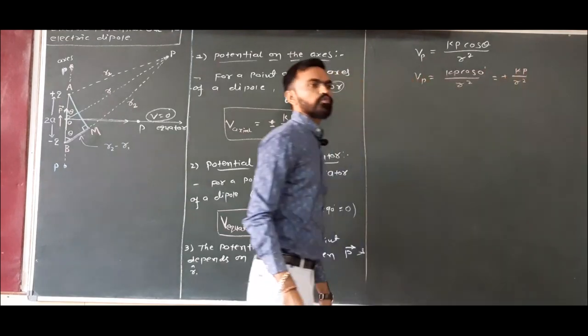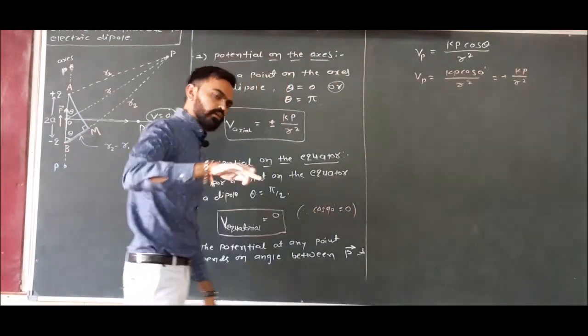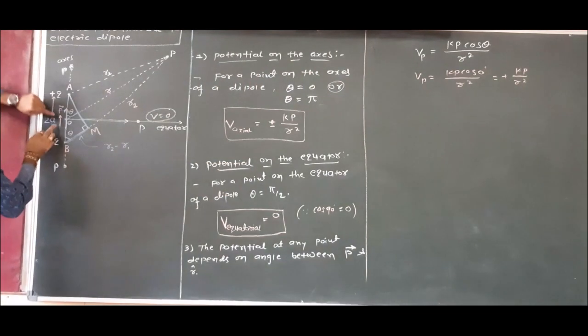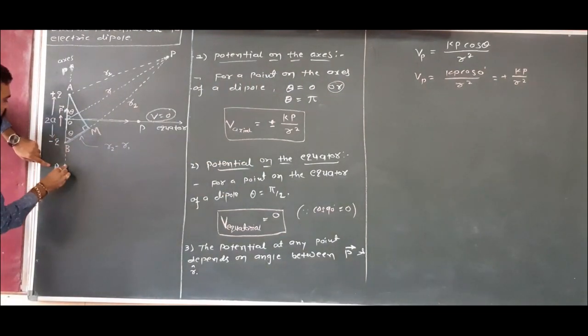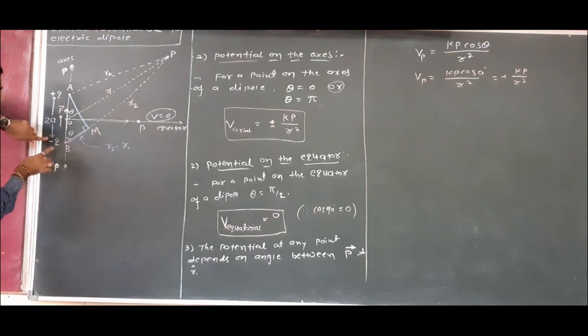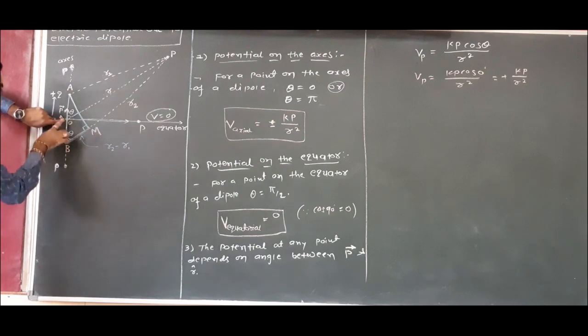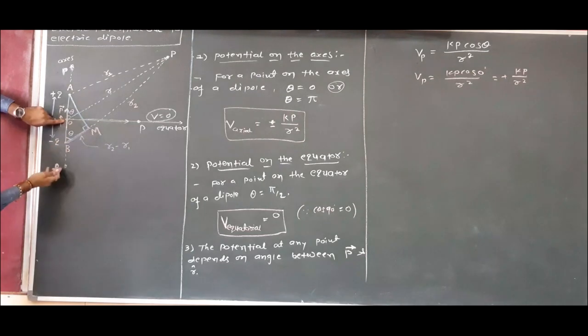This potential is positive. Now let us choose our point on the opposite side. Say here, let our point be P here, which is on the side of the negative charge from the midpoint. It doesn't matter, you don't have to take it only here, you can take it anywhere. You get it? This is not mandatory.